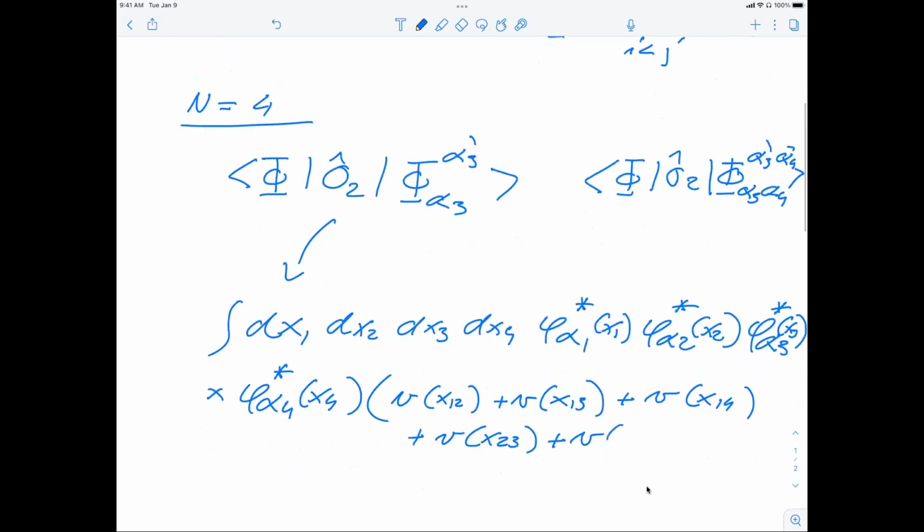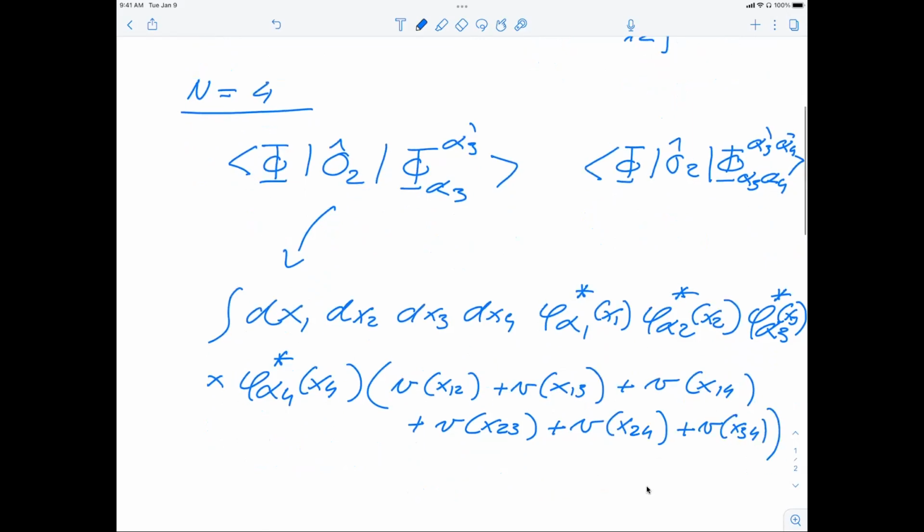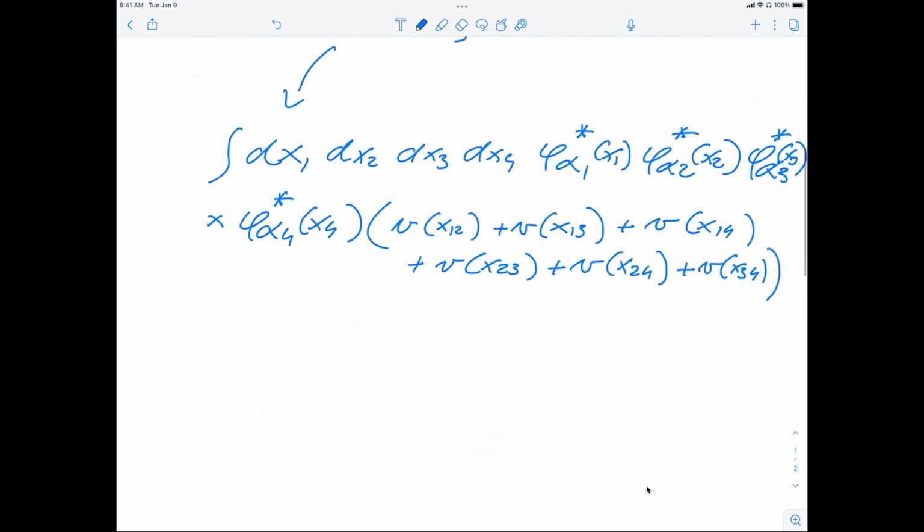And this contains then V of x24, and finally we have a V of x34. So these will be the interaction elements which we need to evaluate. And this is again multiplied with the Slater determinant, or actually the wave function with permutations. So we have this specific permutation operator P, and then we have minus 1 to the power of P,